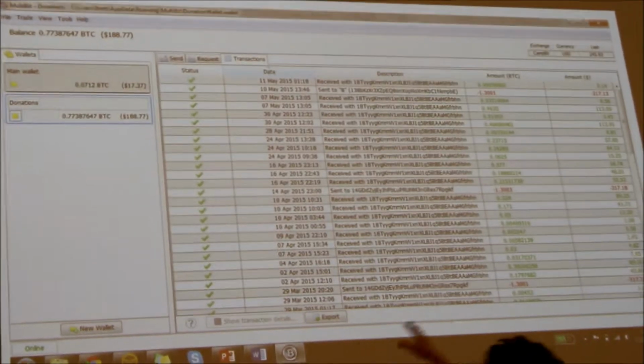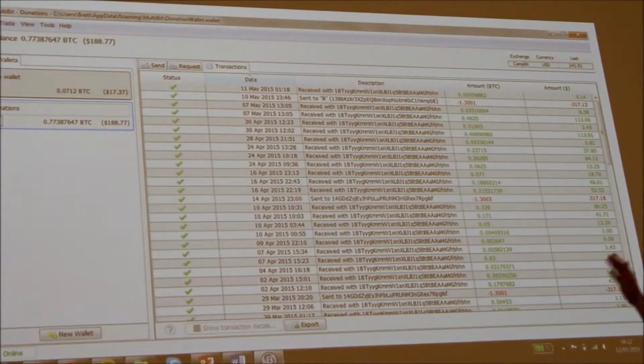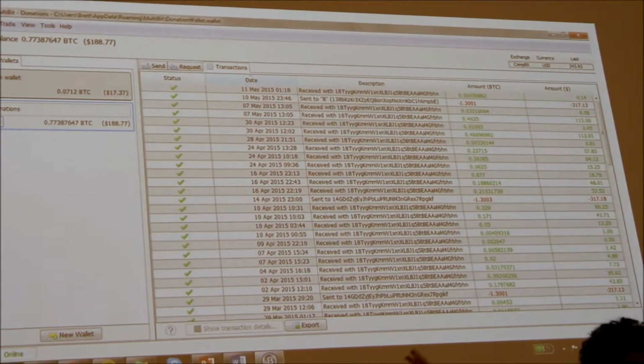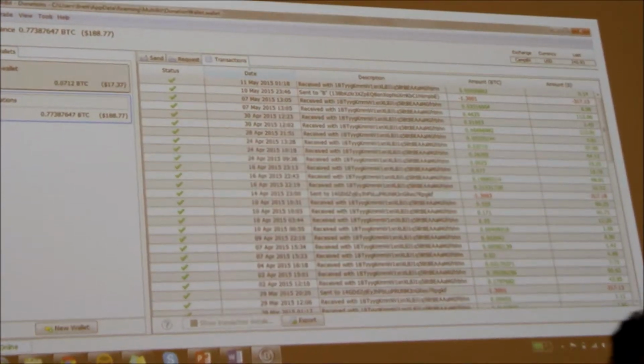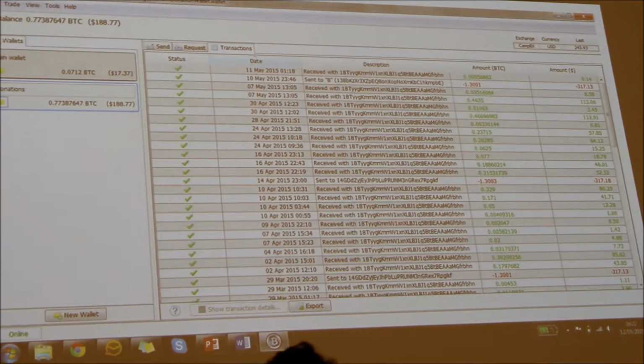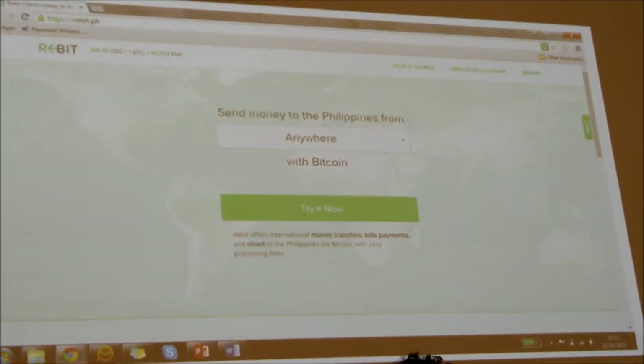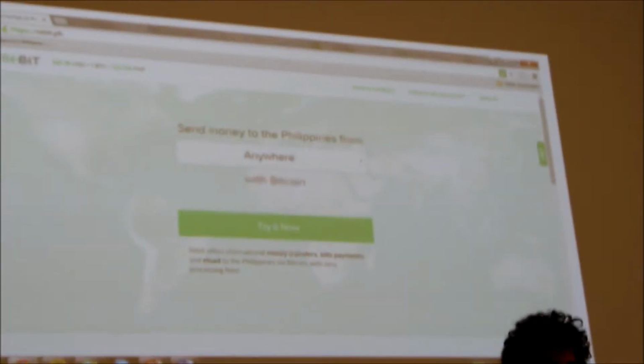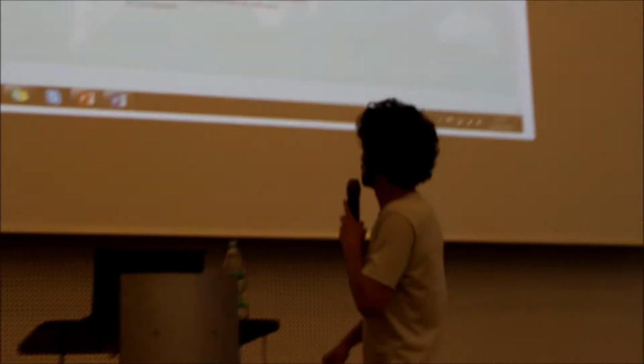And then here is a list of transactions that are going on. You can see it. And actually everybody can see these transactions. So it's in some ways a very transparent system. Now this Bitcoin system is the basis of a whole new startup community around, for example, remittances. People are interested in whether you can use this system to create cheap international remittance markets. Which is quite an interesting one.